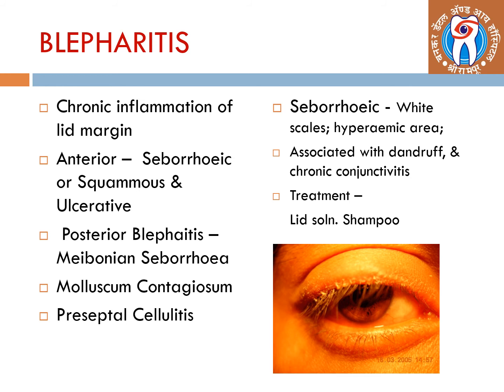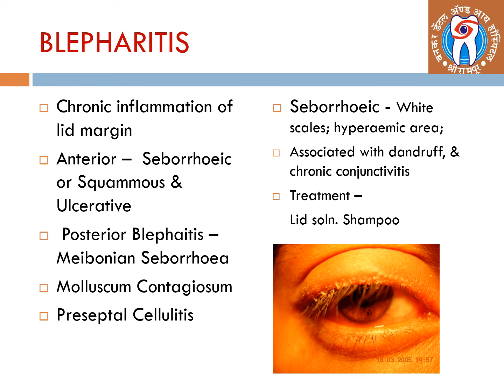It is divided into two forms, anterior and posterior forms. The anterior forms include seborrheic or squamous or ulcerative types. The causes are chronic conjunctivitis due to staphylococcal infection, and parasitic blepharitis acarica due to Demodex folliculorum.